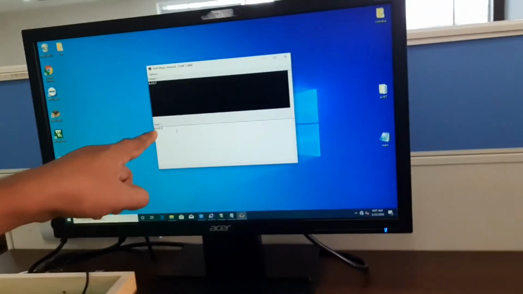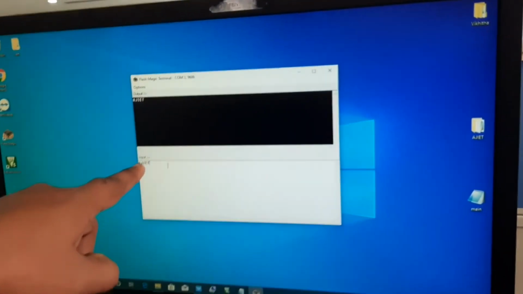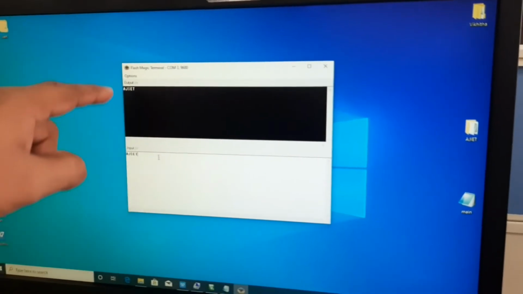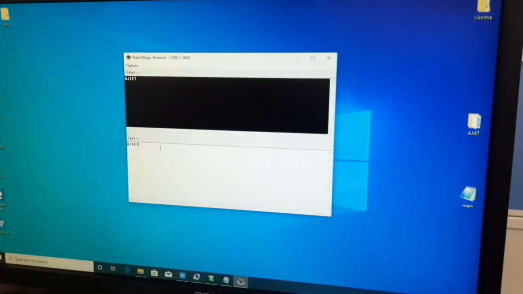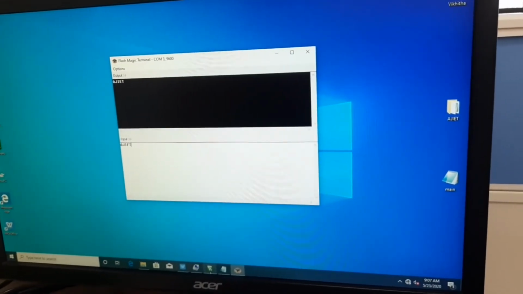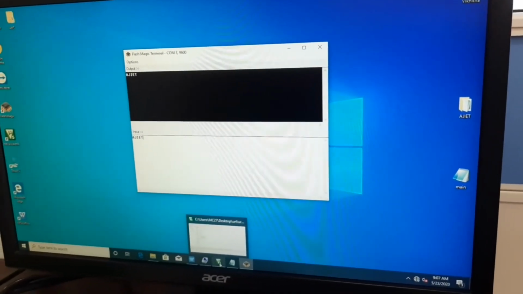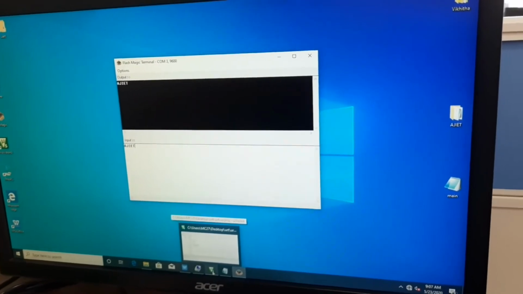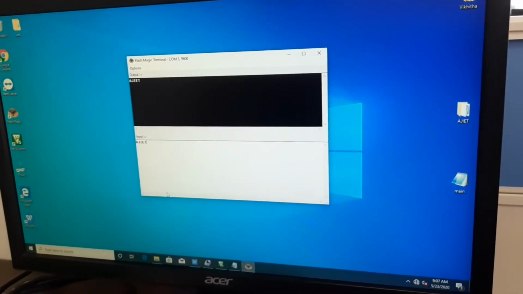You can see this input I gave, AJIET, that thing I am going to get in the output. That is possible only in the case of UART. If that code is proper, then I will get this. So this is the output.